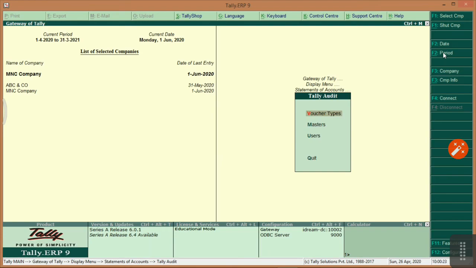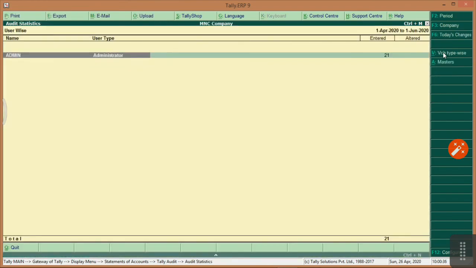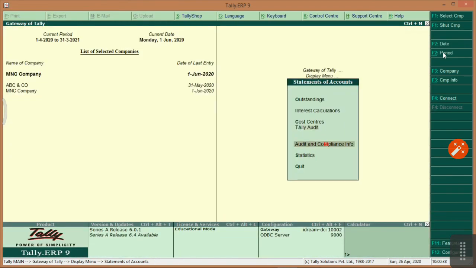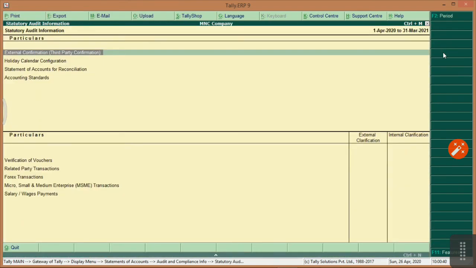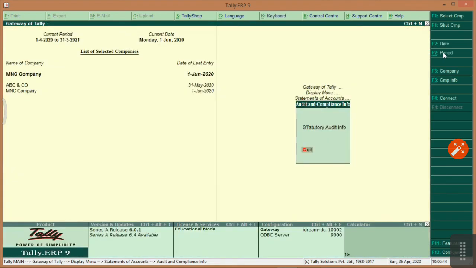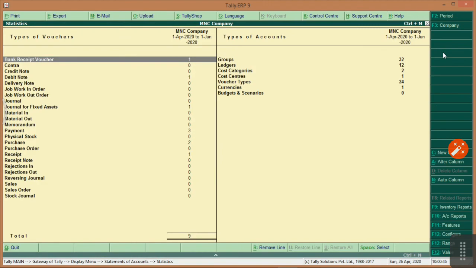It is a special feature given by Tally software for audit of any data from the Tally software. Voucher types, masters, users. Quit. Audit compliance, these are different types of options also given. Quit. Statistics, how many vouchers are booked in Tally.